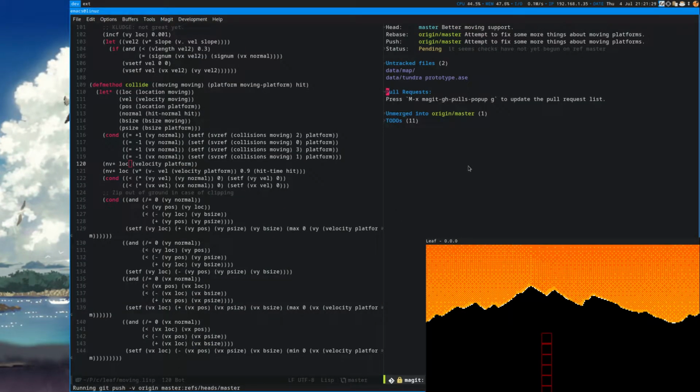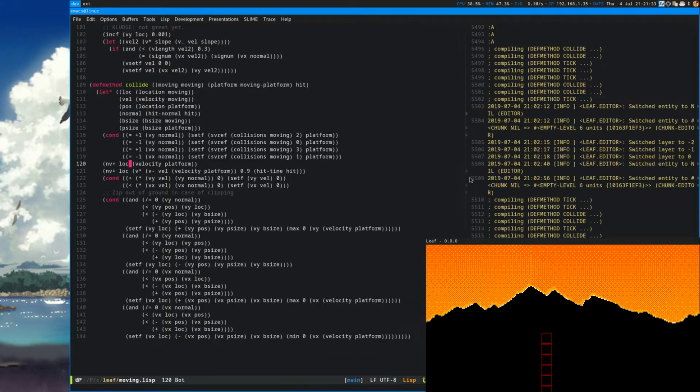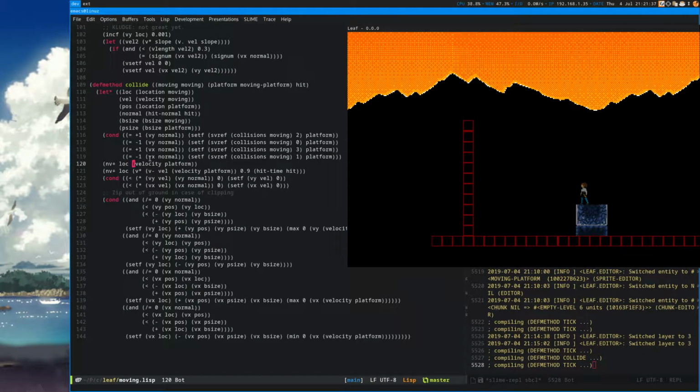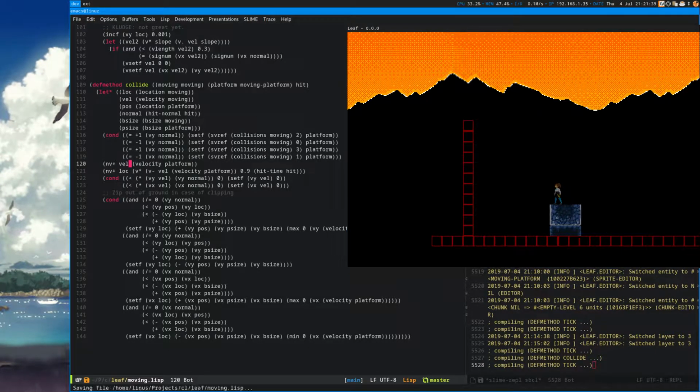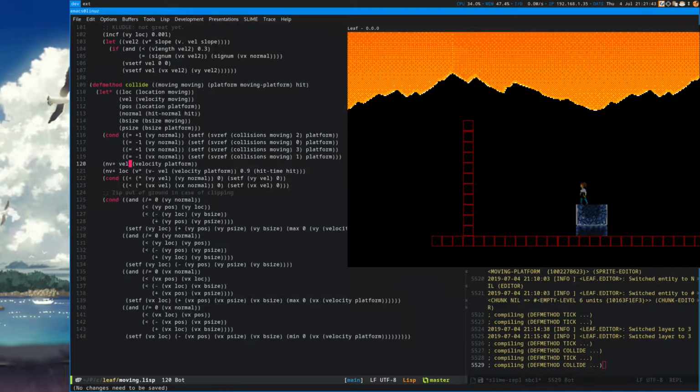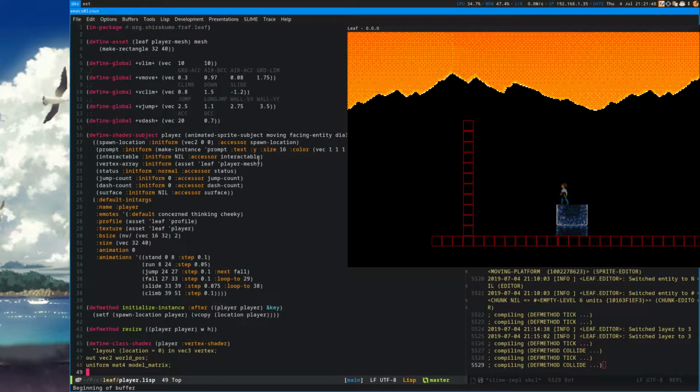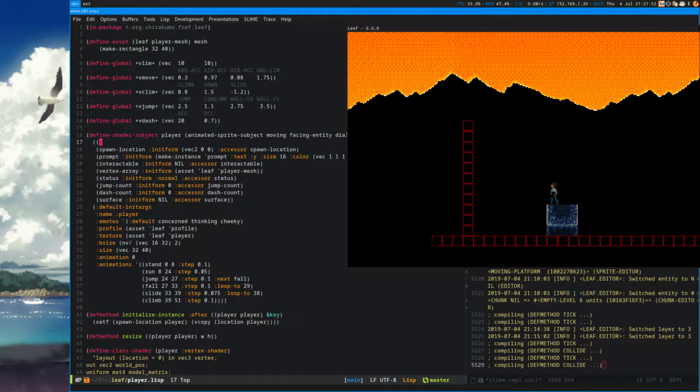Just real quick, commit that, and then we can give it a try. There we go. Okay, so we're doing that now, and the player now has an additional kind of velocity called